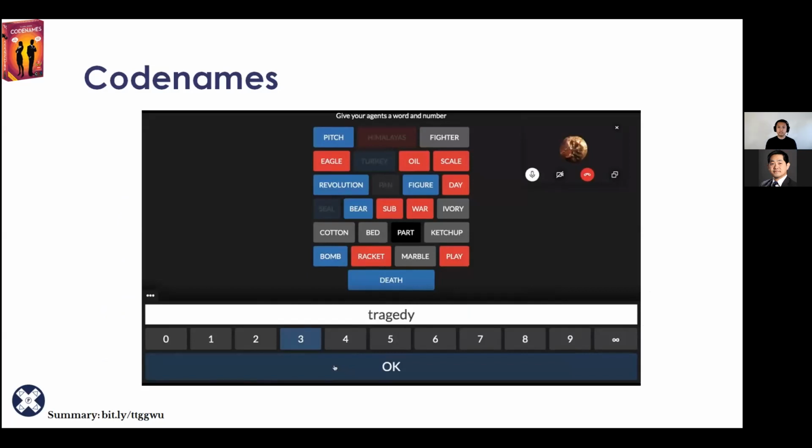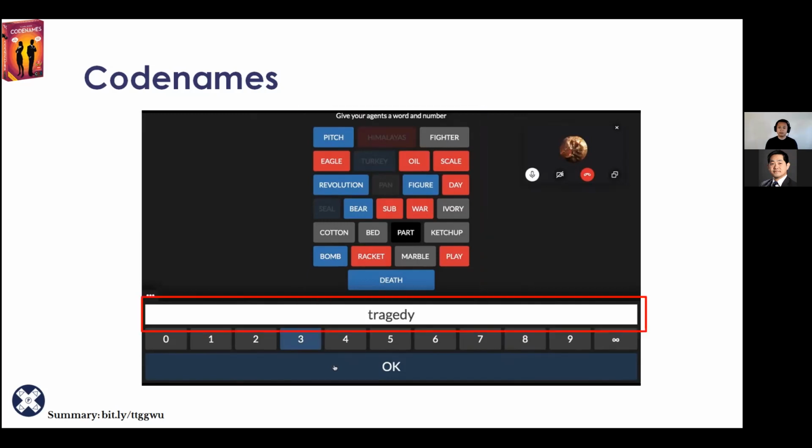So here's what it looks like on the website. Here is what a spy master's screen will look like. This screen scales, so you can play it on mobile or on a desktop computer, but it identifies which words are on your team for the blue team, which words are on the red team for the red team. The black card right there is the assassin, and all the other cards are going to be bystanders. So that's what that board looks like.